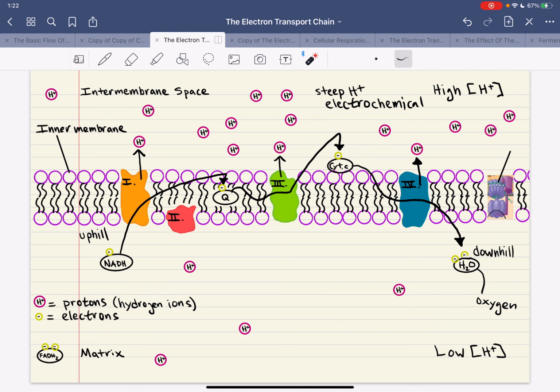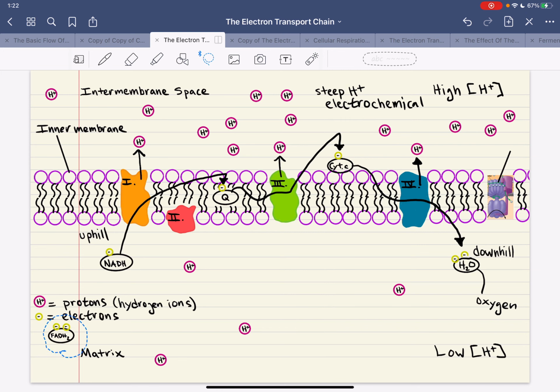What else did I want to show you? One other thing you might be wondering looking at this picture is, why on earth is there a complex 2 if you're just going to skip it? What's the point of it? Now I won't test you on this because this is an intro class and I like to keep it as simple as possible. But I do want to point out,